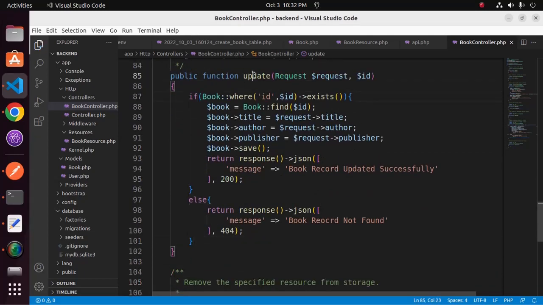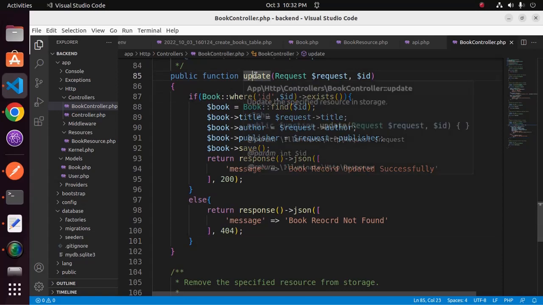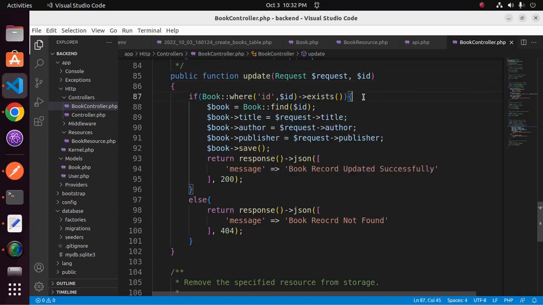Okay, here in the update method, at first we will find a book record by its ID. If the book record exists, it will be retrieved in editable form